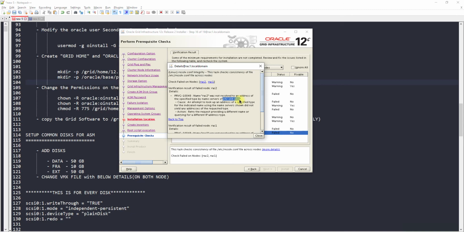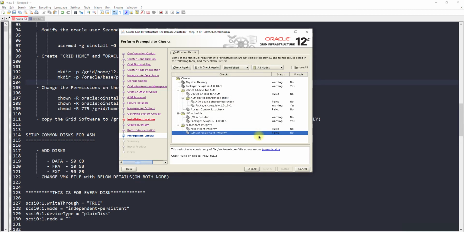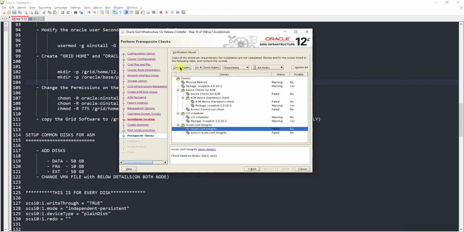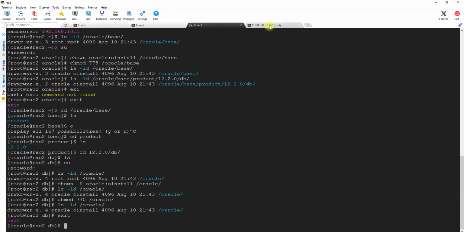What we will do is we need to actually comment it out on both of them and then recheck it, and then install this package as well. Let me comment out the resolve.conf and come back, or I'll rather stay here and show you guys what I'm trying to do. So here